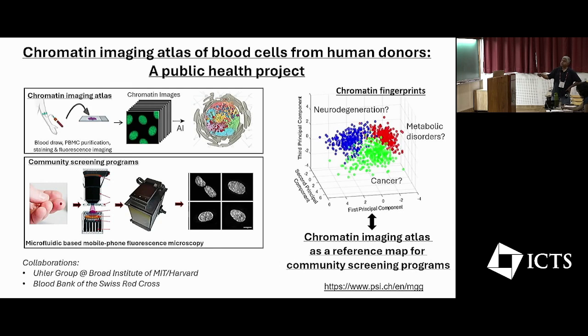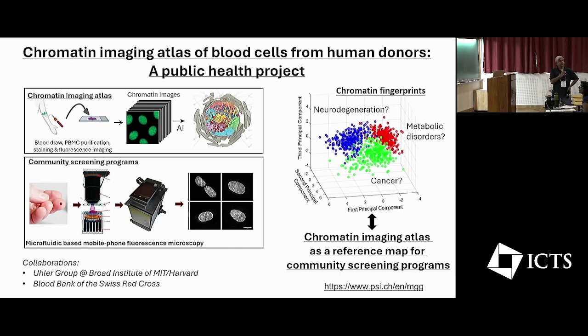And once we have this, then we can actually start looking at outliers, because when a person comes to your clinic, if you have this reference atlas, then you can compare your blood cell state with the reference atlas. And to do that, we are trying to push